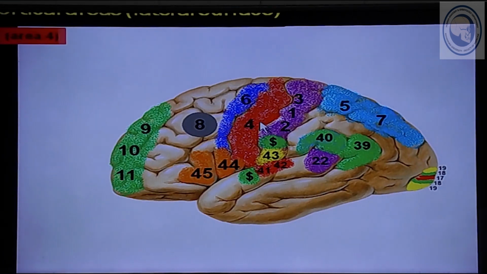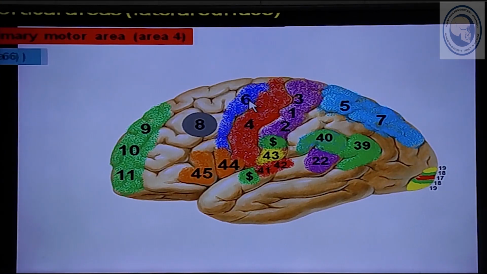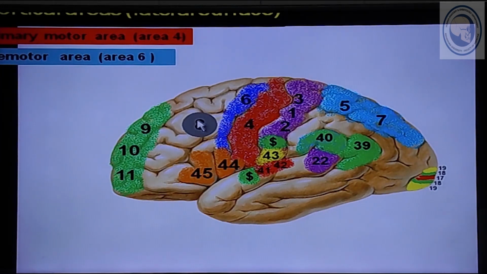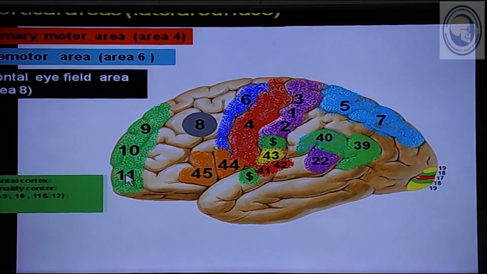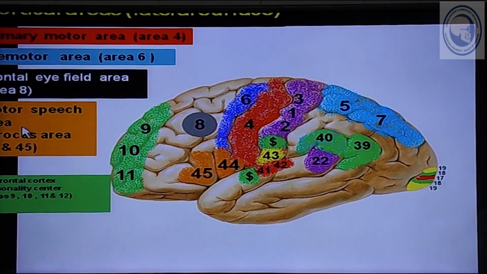In the precentral gyrus, we will find the primary motor area or area 4. In front of it, there is the premotor area or area 6. In front of it, you will find area 8 or the motor eye field area. This area is responsible for the conjugate movement of the two eyes. And along the frontal pole, you will find the personality center, areas 9, 10, 11, and also 12 on the medial surface. And the last area to be found on the frontal lobe will be the motor speech area,